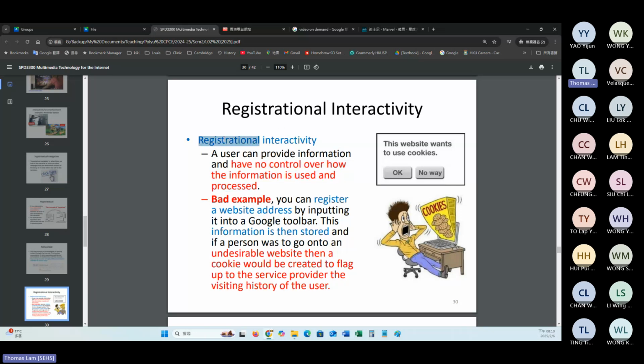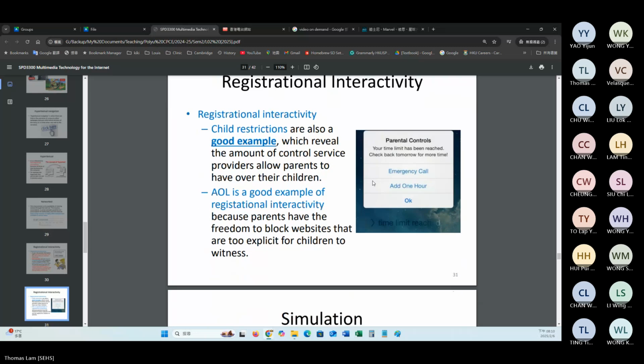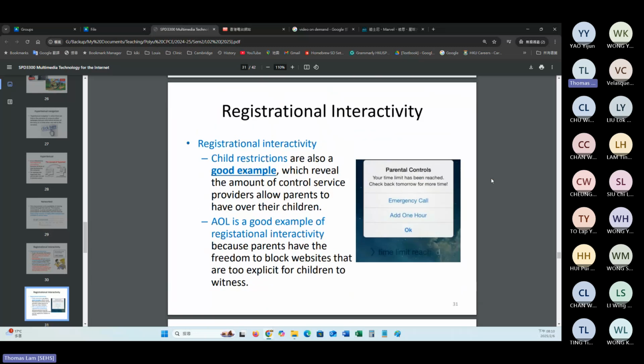So this kind of registrational interactivities always happens nowadays. It's something related to collecting our own information. Another example for the registrational interactivities is the parental control app.